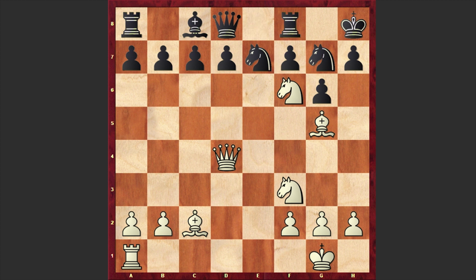Black played rook f8, moved away his rook, and as we have reached the critical position, please pause the video and try to find white's next moves. Ready? In here, Surya Ganguly went for a piece sacrifice and captured on h7, though I have to tell you that queen h4 is also very strong. The idea is to meet h5 with knight takes h5 with a ferocious attack. But in our game we have knight takes h7, king takes h7, queen h4 check, king g8.